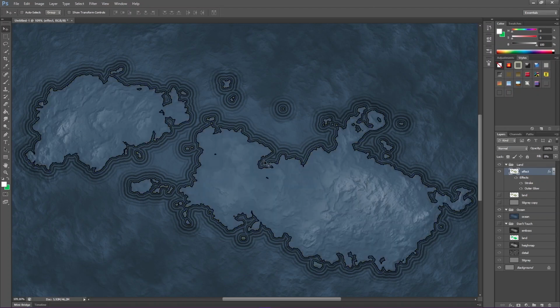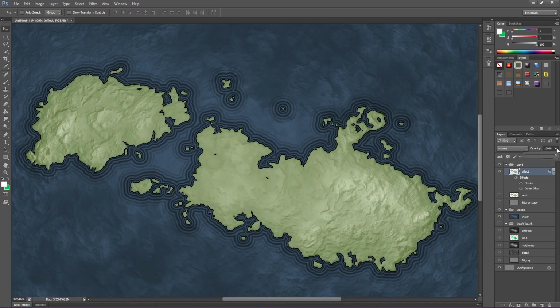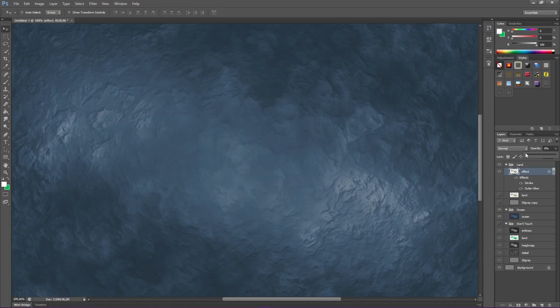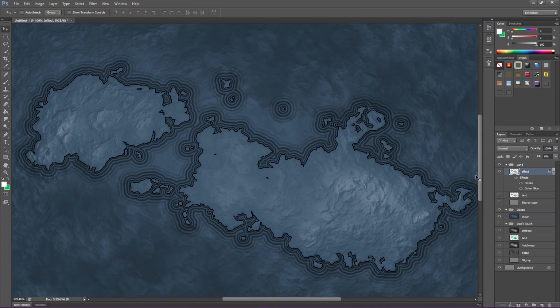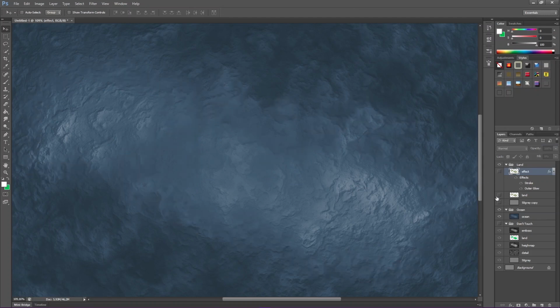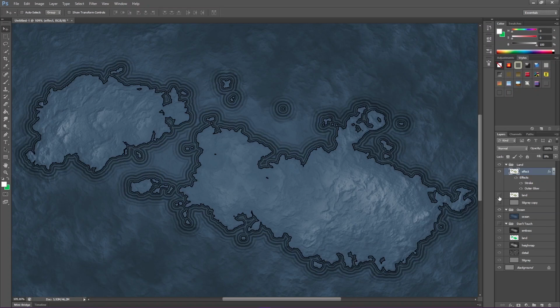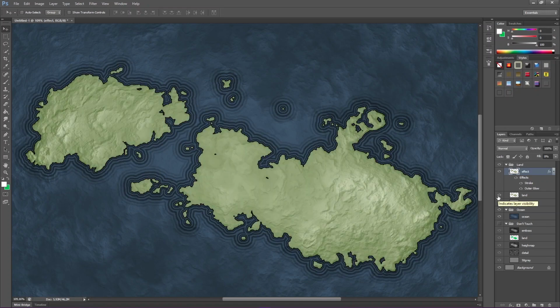What that does is it makes all of the pixels invisible, but it keeps the effect visible, as opposed to if we were to play with the opacity, which makes everything invisible, and we don't want that. We want our effect visible, so we knock out the fill. It keeps us our land and our effect, and combined they'll look the same, but now we can play with the effect on its own without messing around with the land.